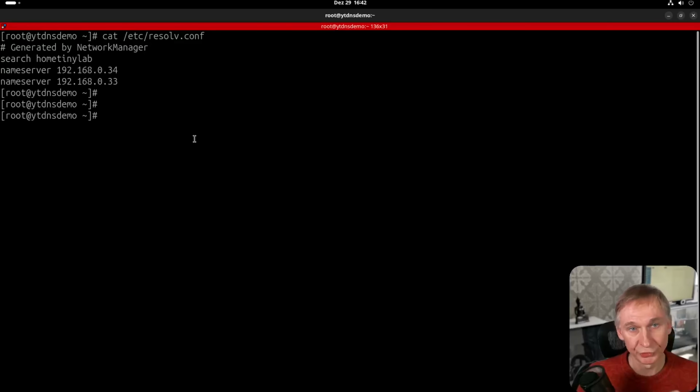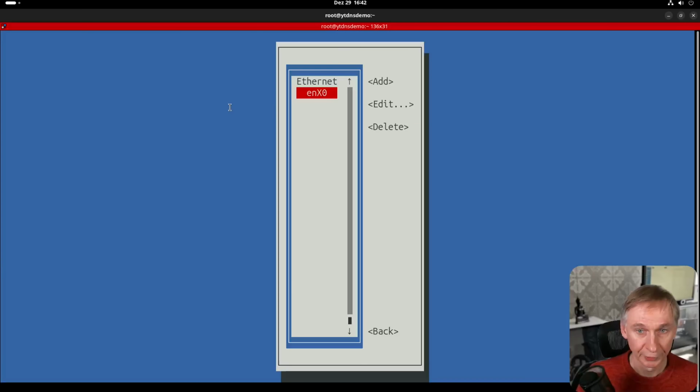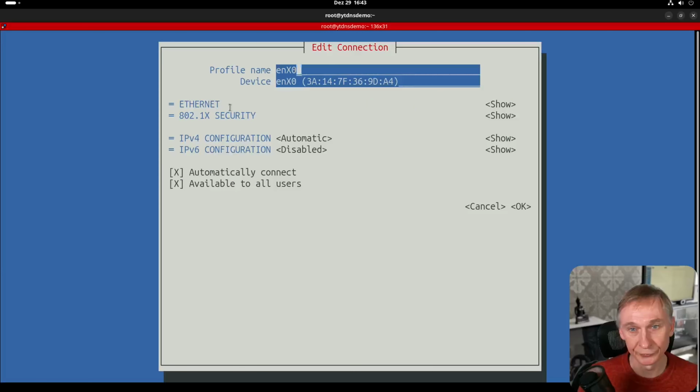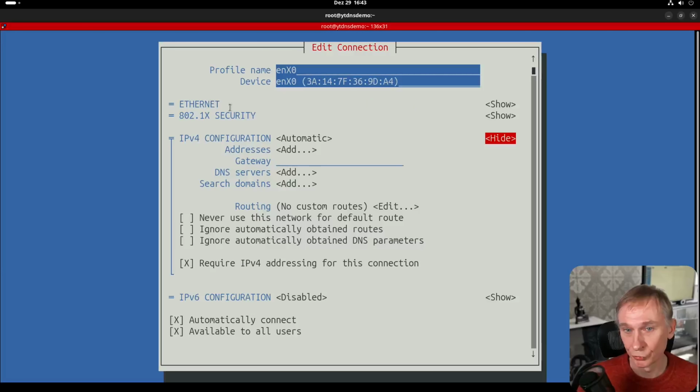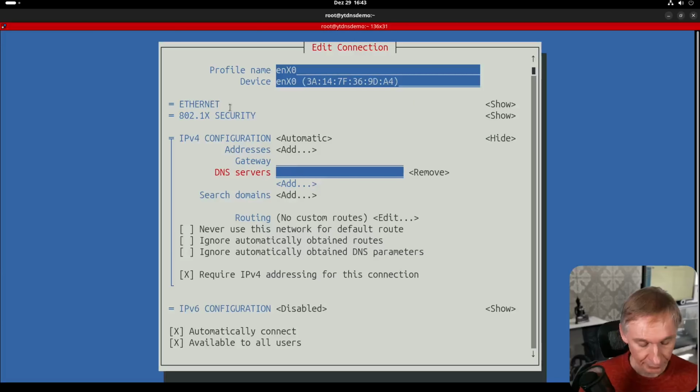I will have to change this at my server. This is generated by the network manager, and there is a utility to change it, and this is nmtui. Enter, edit connection, edit, let's go to show, and here we can add the DNS server, and let's say that it is